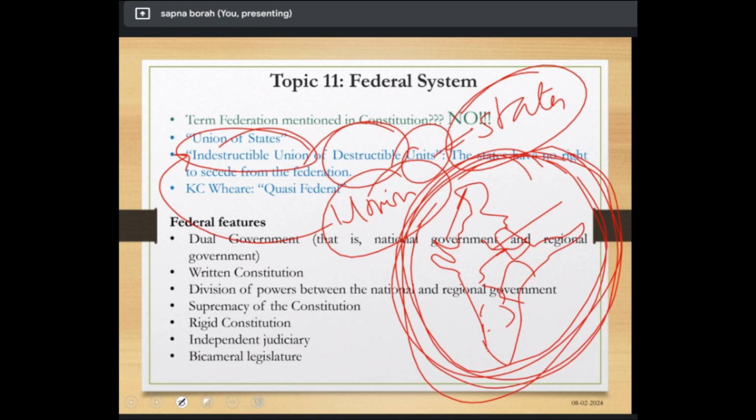Of destructible units. Why? Because the states inside the union can be changed, they can be altered, boundaries can be altered. And who has given this authority? Article 1, 2, 3. There it is written: formation of new states,